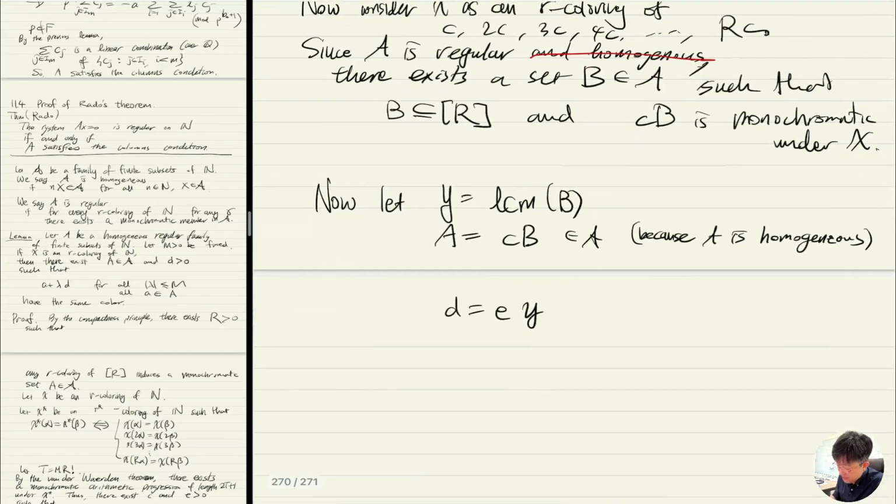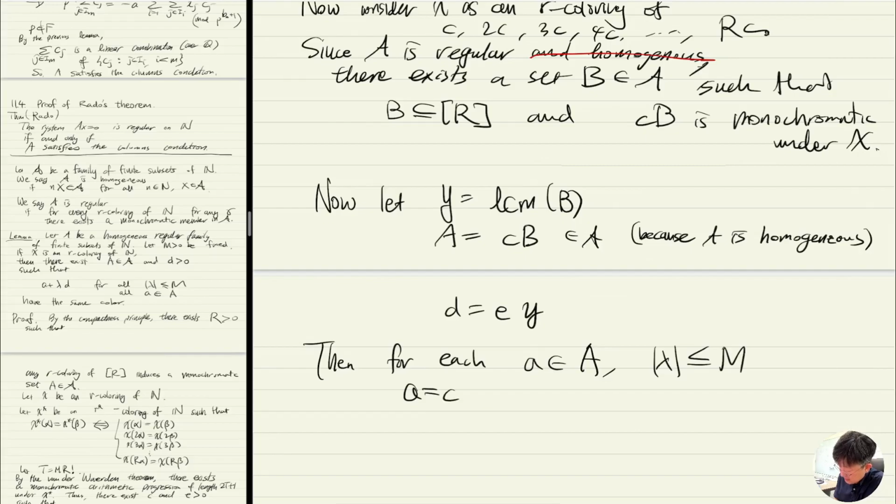Now I claim that a plus lambda d is monochromatic. So for each a in A and lambda at most m, let me write a as c times b, where b is in B. Then a plus lambda d,